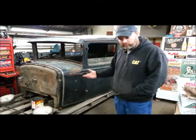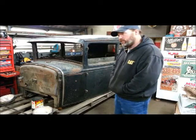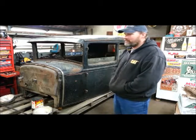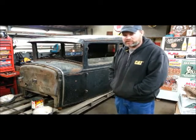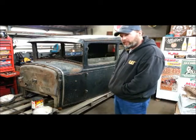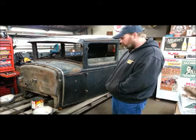Obviously you're going to lose floor space then. I've got a lot of taller friends, and taller friends always want to go for a ride. So if I chop it too much, they're not going to be able to fit. So we'll see. I'm not sure yet on the chop. I can always chop it years down the road because it's not that big a deal. So I'm thinking for right now it's not going to get chopped. Not right this second. In terms of frame,